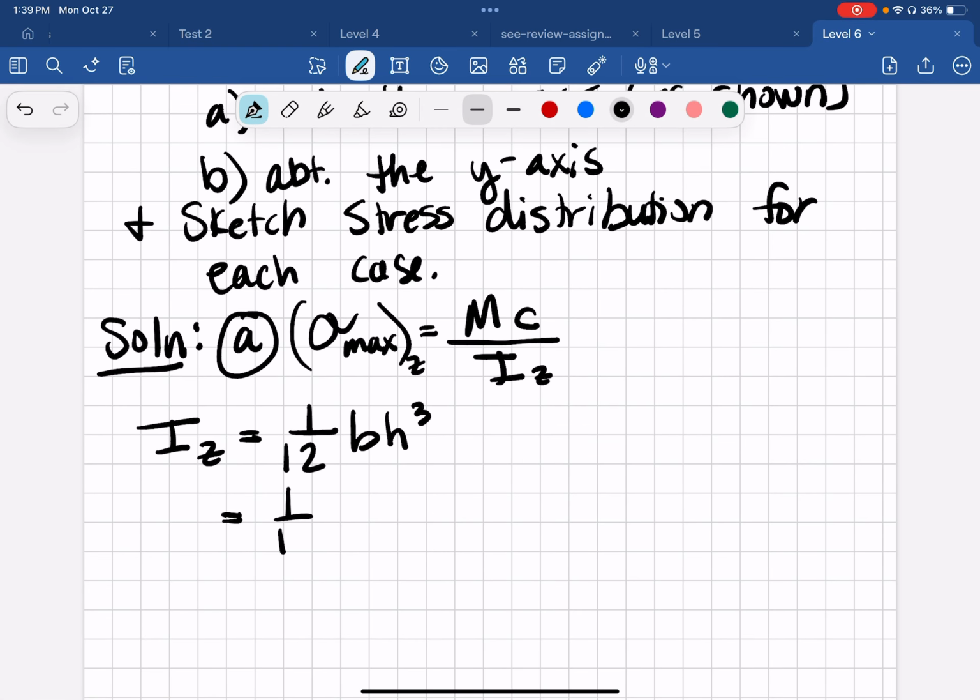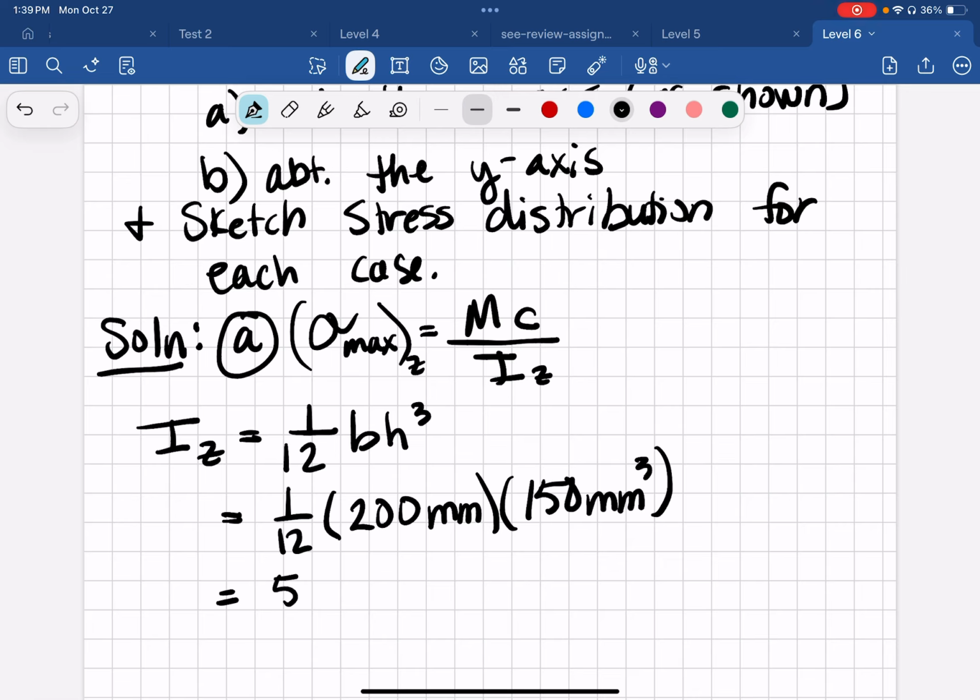So 1/12 times 200 millimeters times 150 millimeters cubed. And that gives us 56,250,000